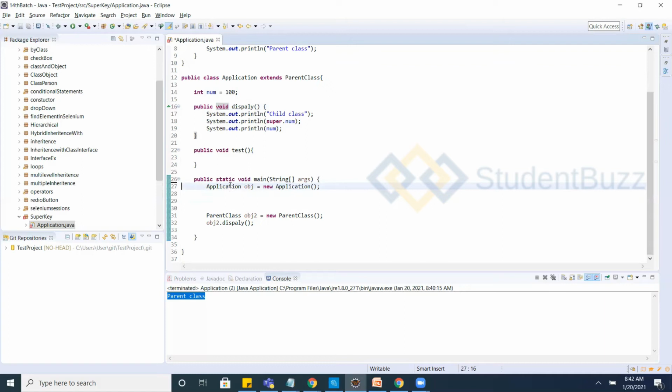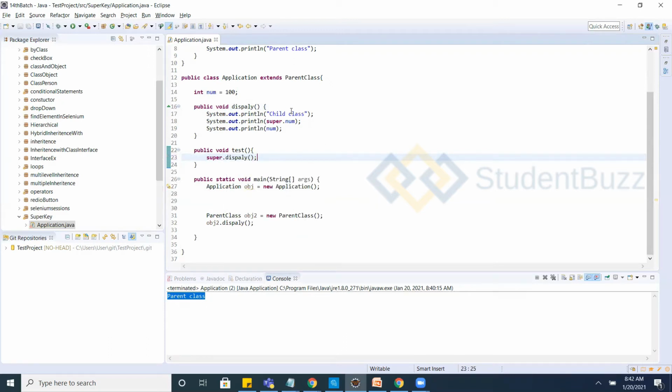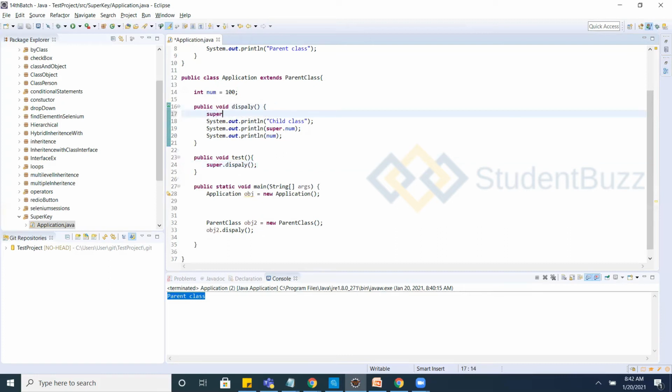So what I am doing here is super dot display, or otherwise I'll just use super dot display.